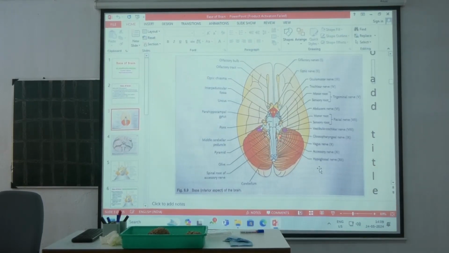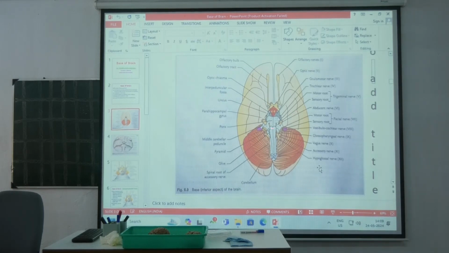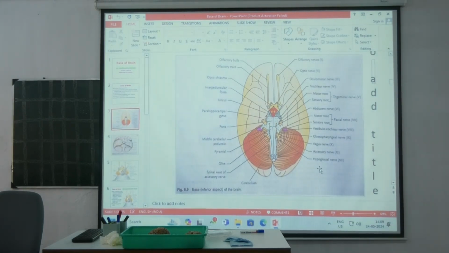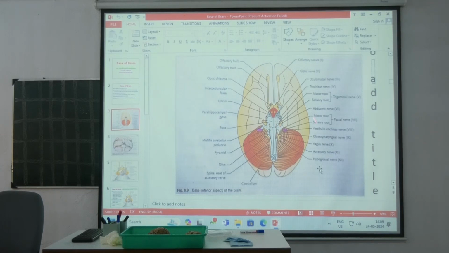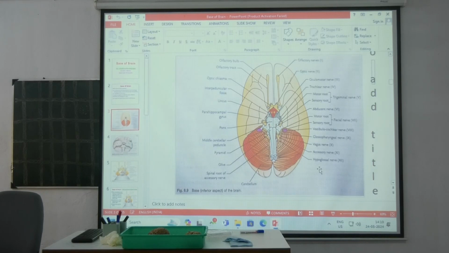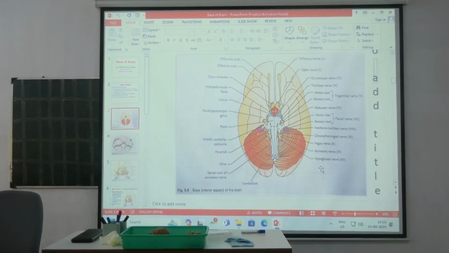These are the two roots. The larger root is the sensory root lying laterally. The smaller root is the motor root lying medially. This is the fifth cranial nerve, or trigeminal nerve. Then the sixth is the abducens nerve, just above the pyramid at the pontomedullary junction. Then the seventh comes out from the pontomedullary junction lateral to the abducens. Okay, then the seventh is done. Next, the eighth also comes out lateral to the seventh nerve.